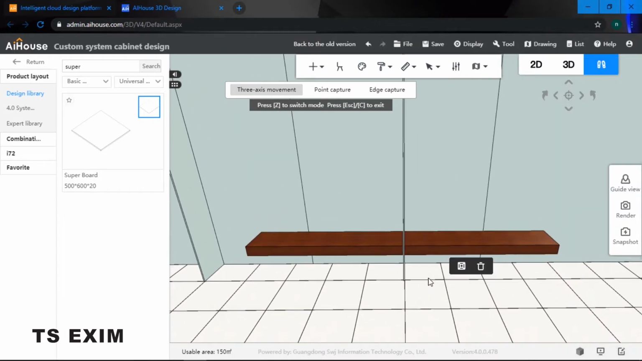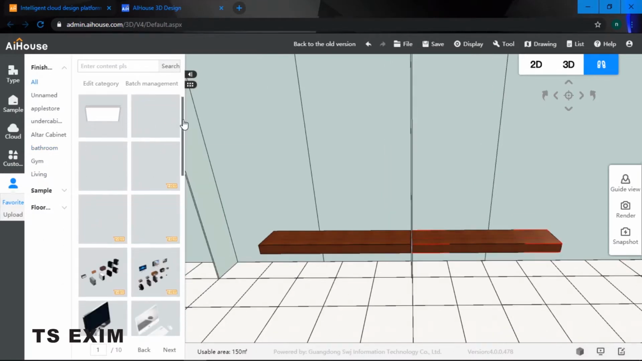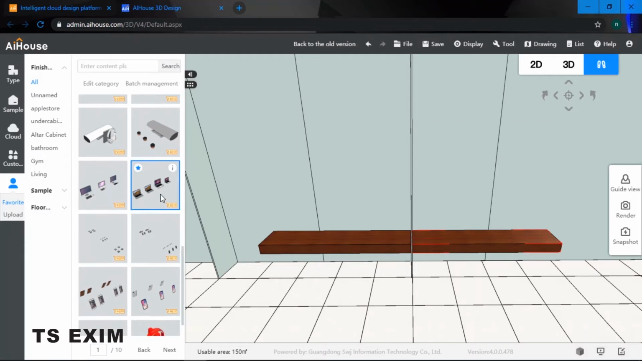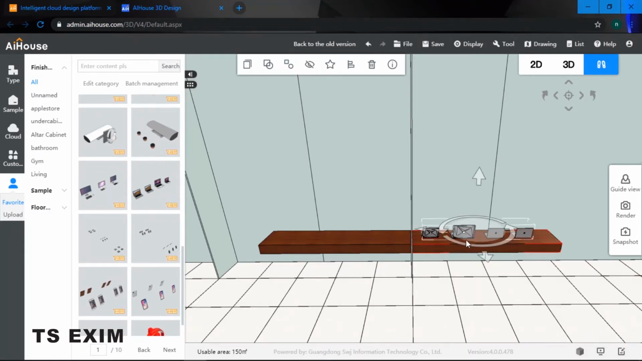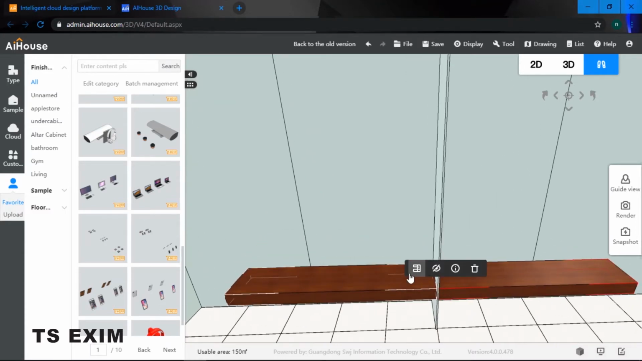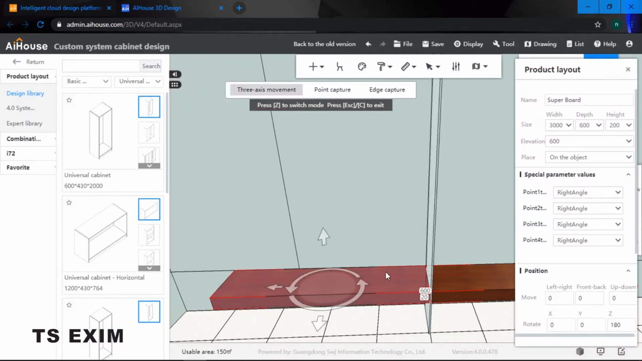Okay, in order to check to see the models fit in, let me just do a quick check to see whether these 4 models really fit in. Alright, so they fit perfectly, which means my sizes are correct. Okay, let's go back to our system cabinet and complete our